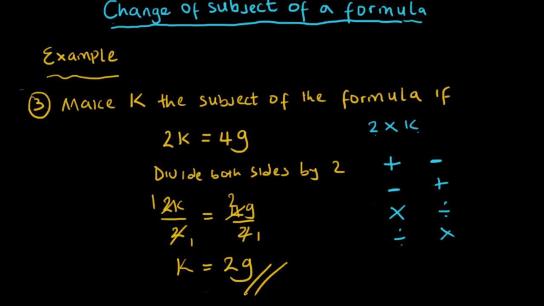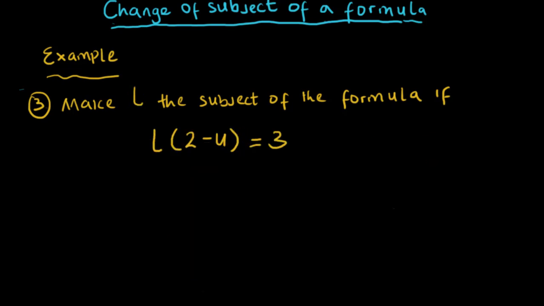Let's take another example. So we are told to make L the subject of the formula if L into bracket 2 minus u close bracket equals 3. Now don't forget that what we are trying to do is to make L to be alone on one side of the equation. You also need to remember that bracket is the same thing as times, so we are doing the opposite. So to solve this,